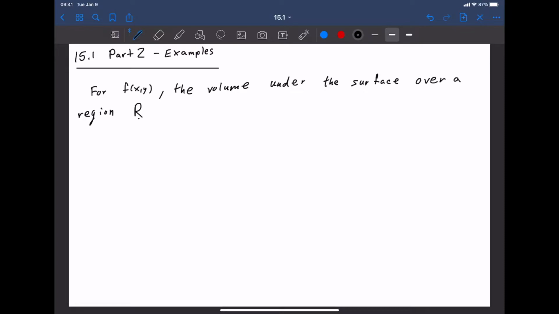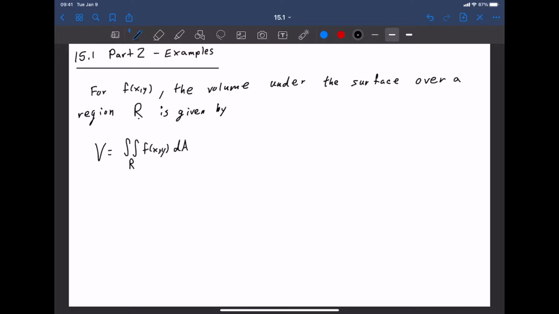In the next section, we'll talk about general shapes again. The volume is given by a double integral over the region R of f of x y, giving the heights, dA giving the area